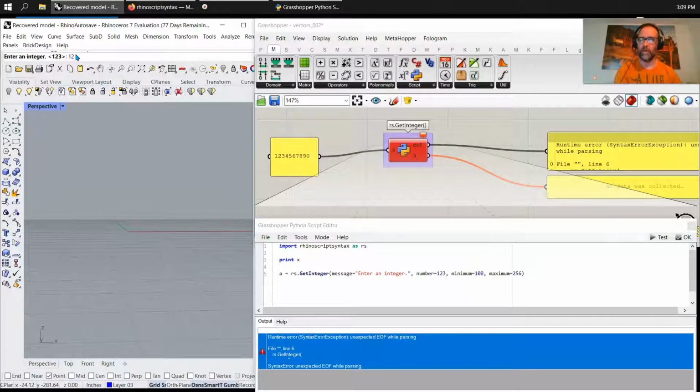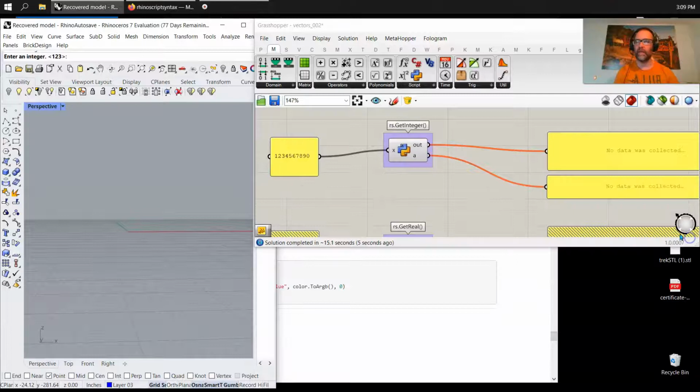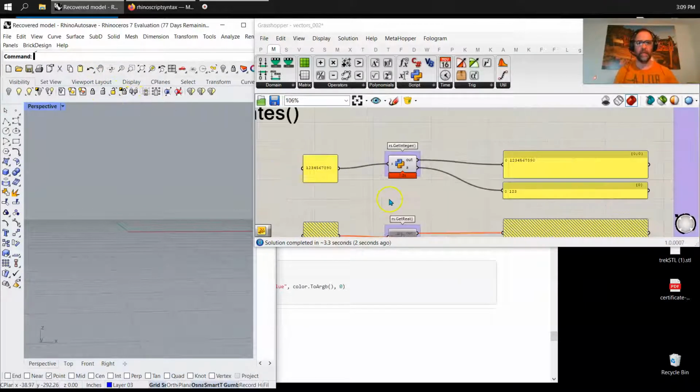But if I type in 112, that's within the range of what I want. Hit enter, and there you go. It runs at 112, and my script is running. So let's just hit enter, OK on that. And of course, hitting OK applies it. So just hit enter to leave it, or escape to leave it, and then you can get out of that